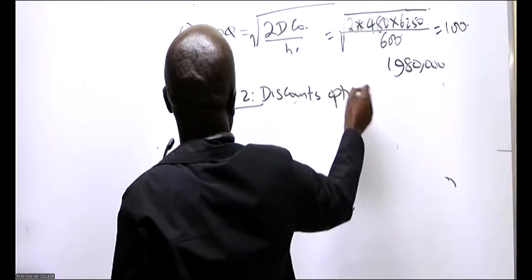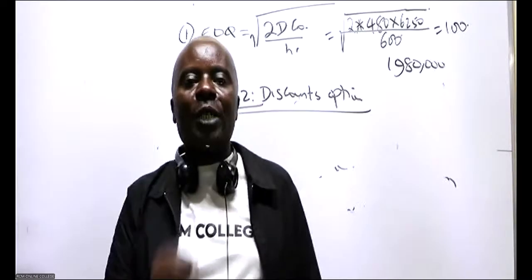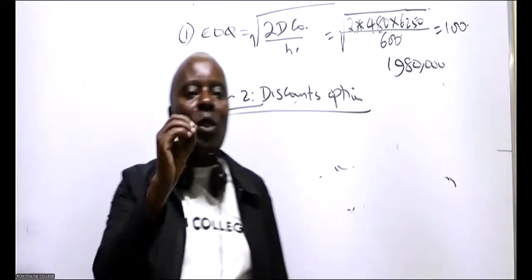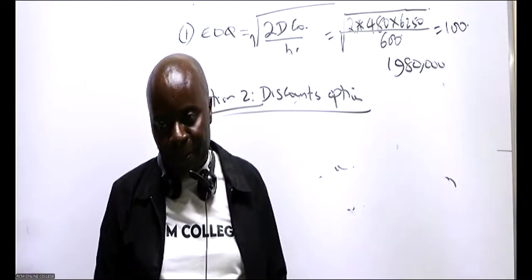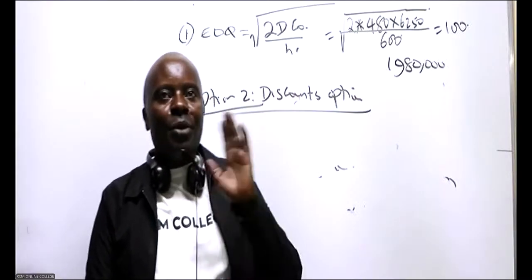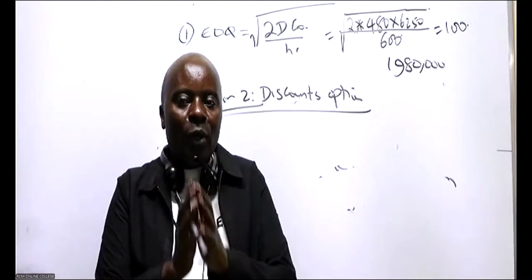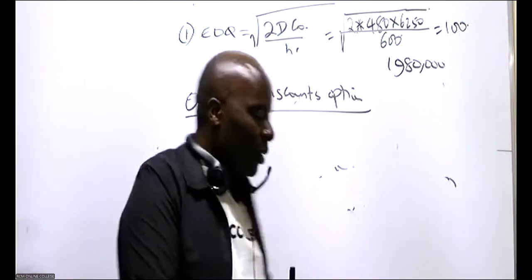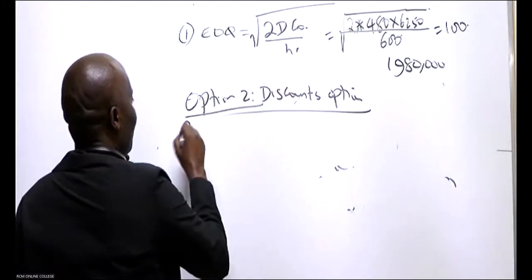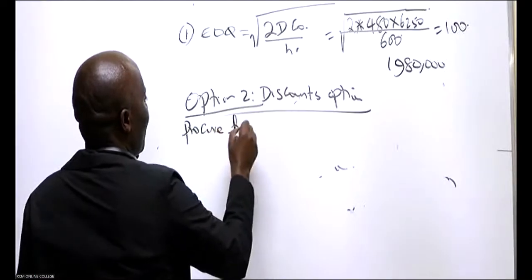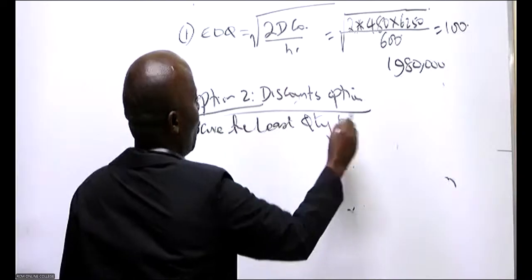So discounts option, remember discounts, they may not be the very best. What you're supposed to do is to procure the least quantity for you to just qualify for the discount. So whenever you're told that if you purchase goods between this and this, you just go for the lowest quantity, which will enable you to get the discount. So in this case here, procure the least quantity to obtain